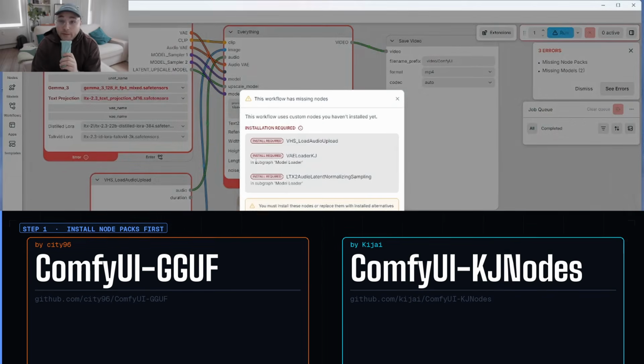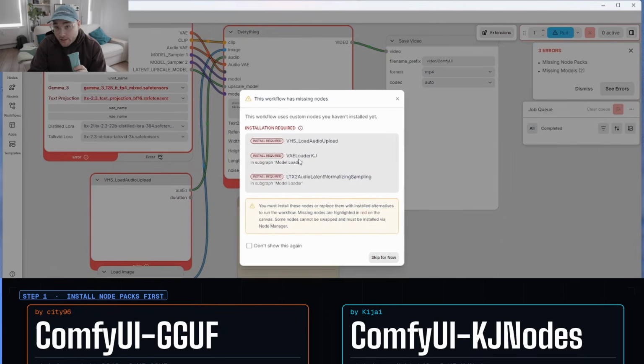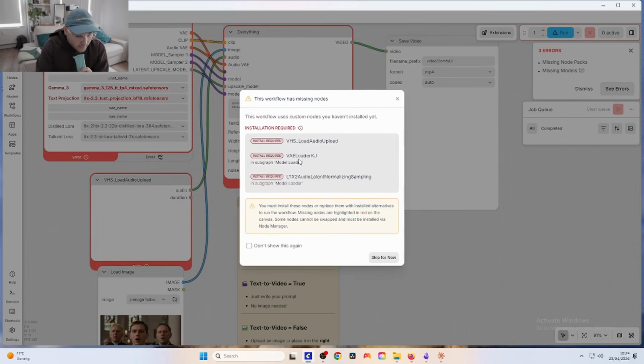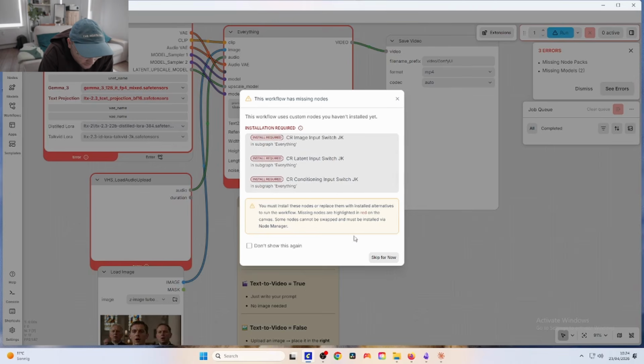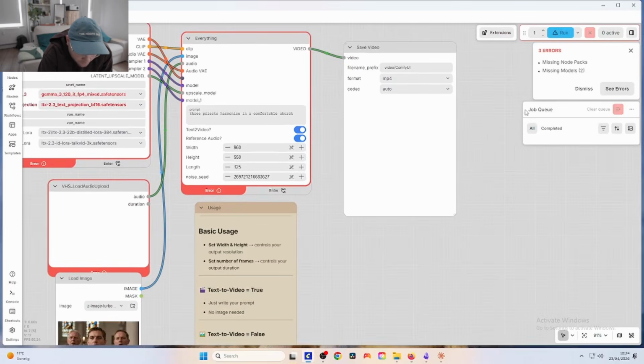Okay, so we're back. Now, as you can see here, I've actually taken the nodes out of my ComfyUI installation folder already, because I want to see how it is for somebody just opening it. So we are missing node packages. Yes, those are the ones we have. Oh, a few ones. Skip for now. I want to see